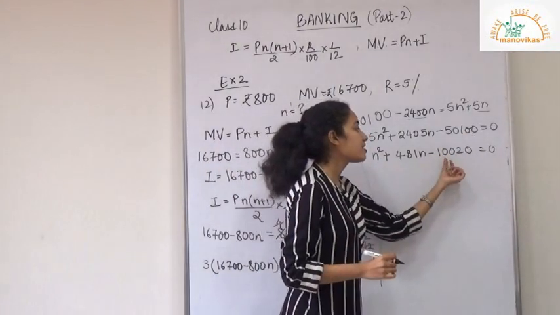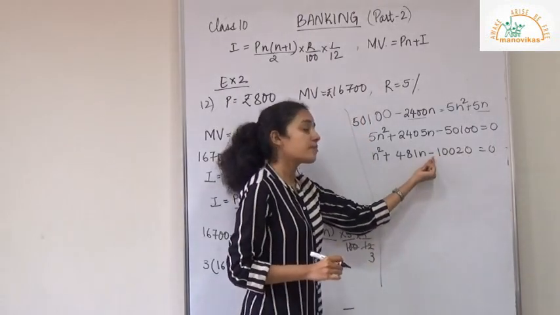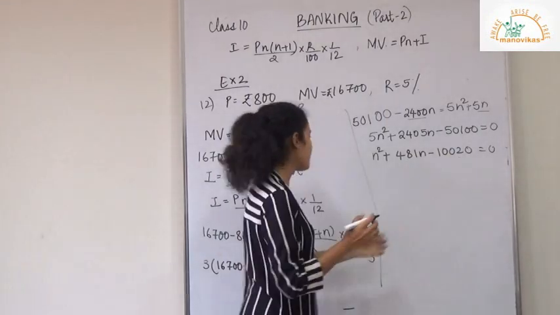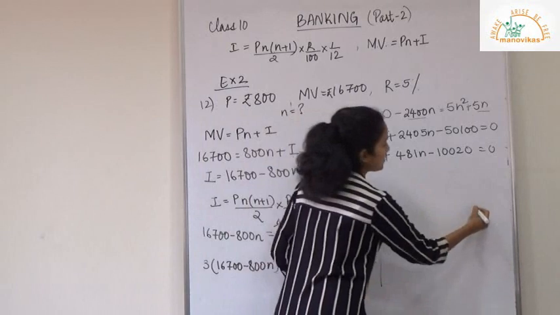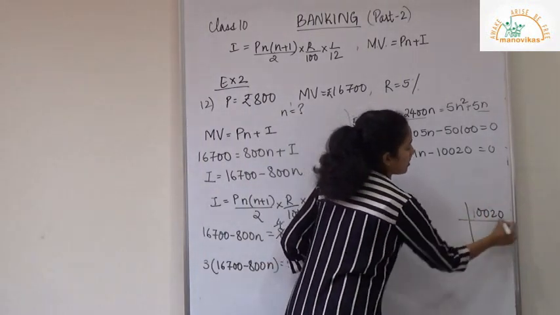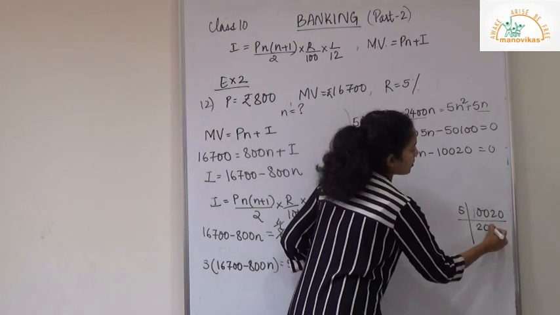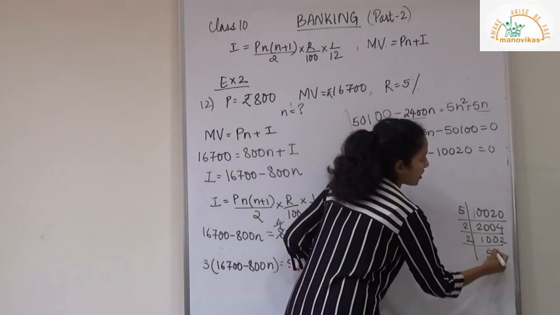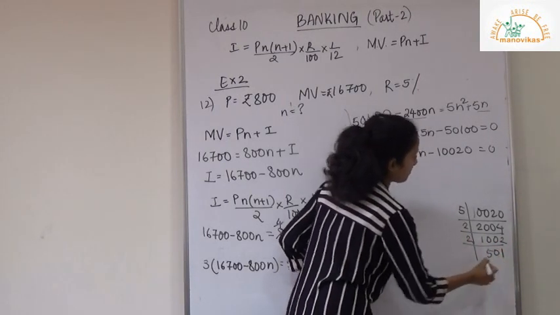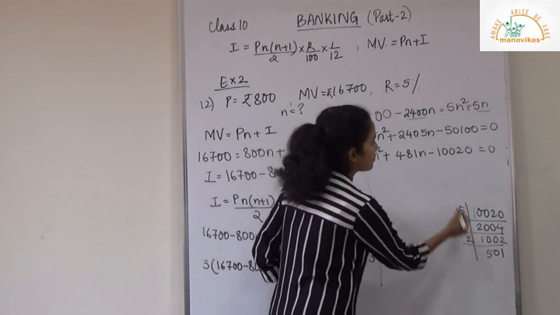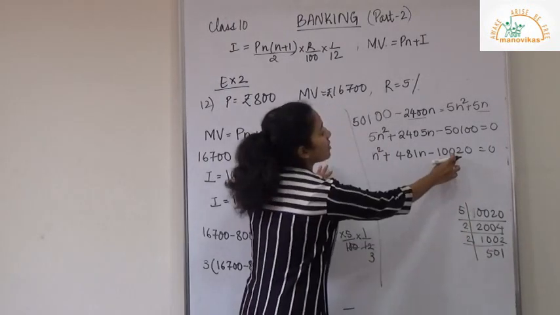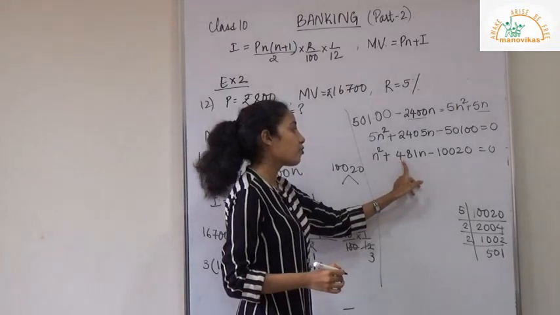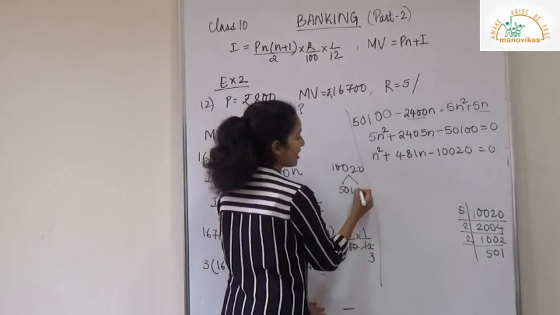Next is now you have to find the factors of this number such that when you subtract those factors, I get 481. Since this is a big number now, we'll use prime factorization method. So I have 10020. This will be 5004, 2502, 1251. First let us check if you can do it through here. So therefore the factors of 10020 such that when you subtract, you get 481 are 501 and 20.